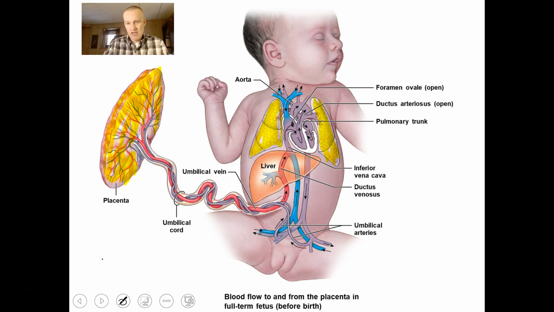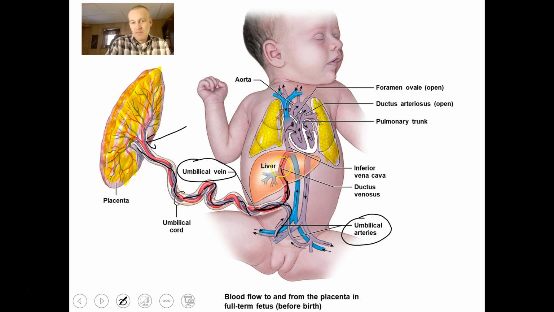So I guess we could start anywhere in the circulation. Let's go ahead and we'll look at the umbilical arteries. Umbilical arteries are going to carry blood to the placenta, okay, through the umbilical arteries. Coming back oxygenated through the umbilical veins, so we have the umbilical veins bringing blood back to the baby oxygenated. You can see it goes through the liver, and then it's going to come into the inferior vena cava. Okay, this is called the ductus venosus that carries the blood from the umbilical veins through the liver to the